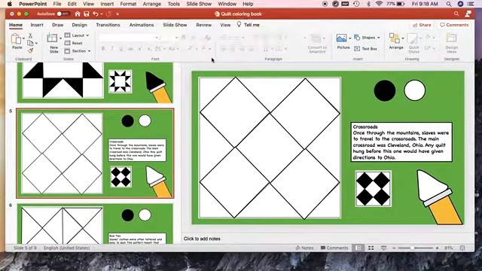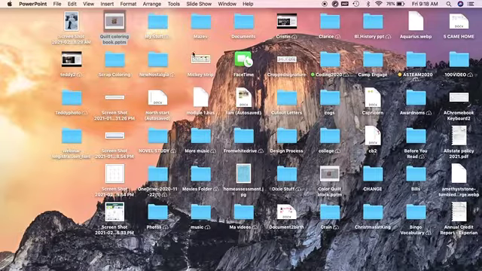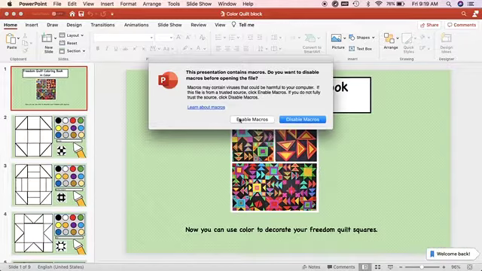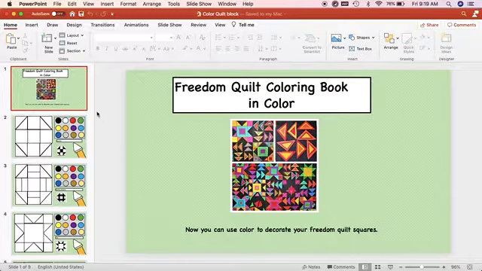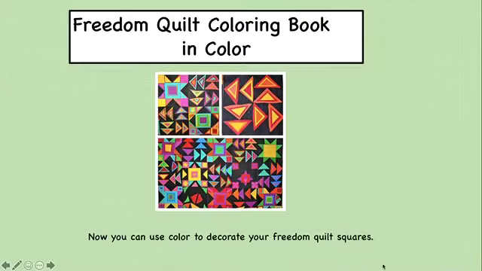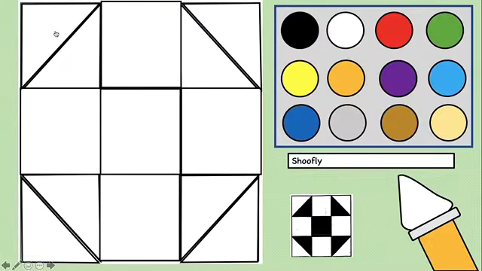Okay, the second one that I came up with was the one that they do in color. Once again, you have to enable the macros. And this time, I had to create shapes for every single space in order for them to be able to color in it. So all of these, I had to draw squares or triangles. And then when they click on it,